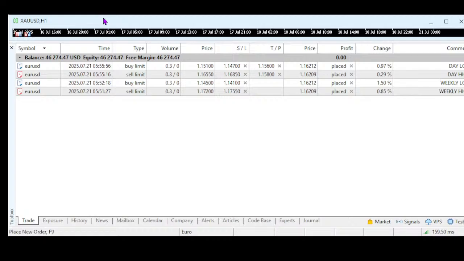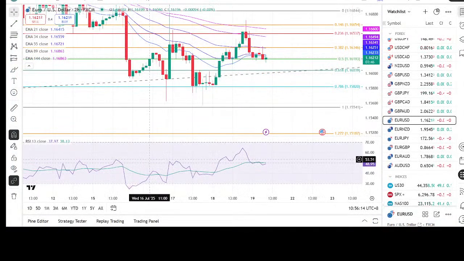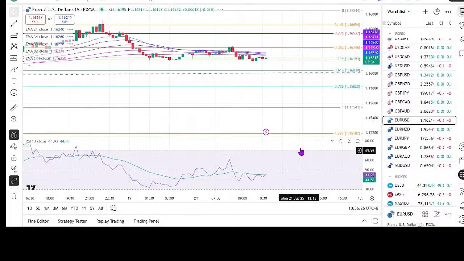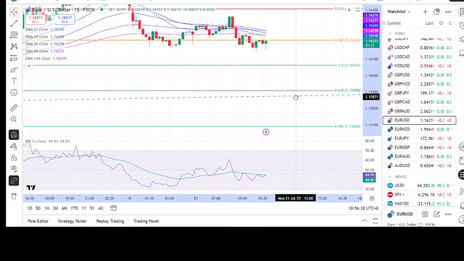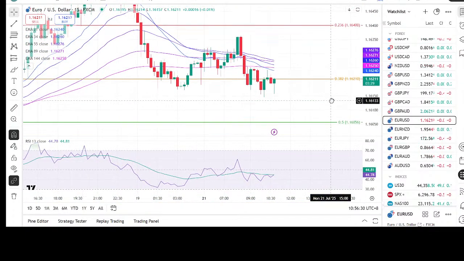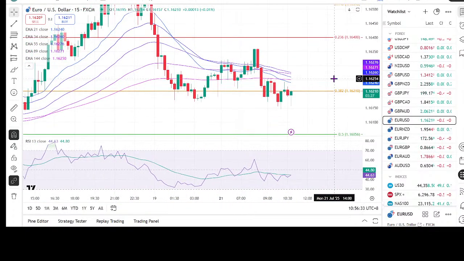So then finally we go into the scalping entry. So the scalping entry, we should be looking to sell at 1.1615. Okay, but let me look into the 15-minute to see whether, yeah, we have already seen the high on the 15-minute. So we should be looking to sell at 1.1630 and